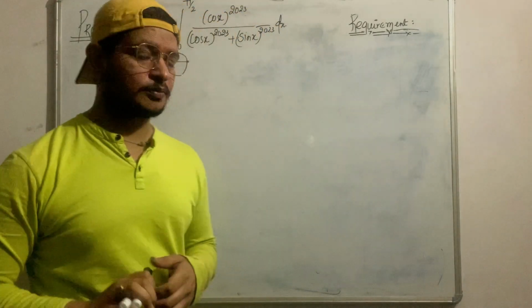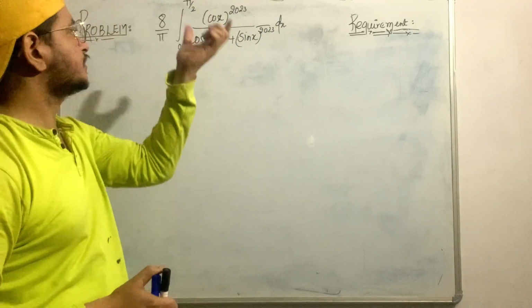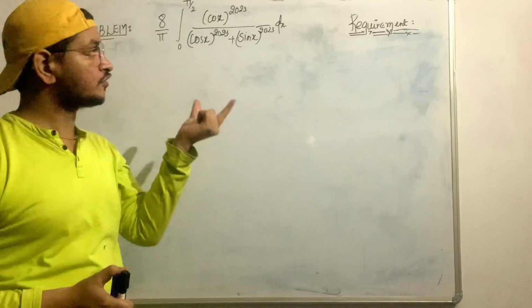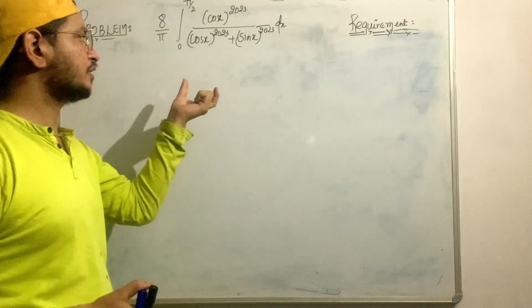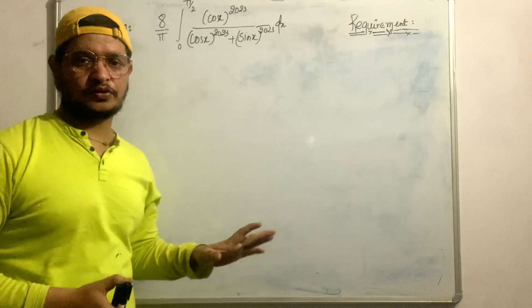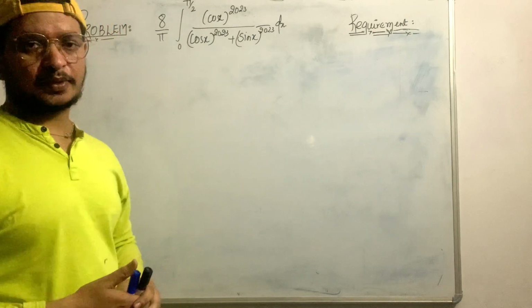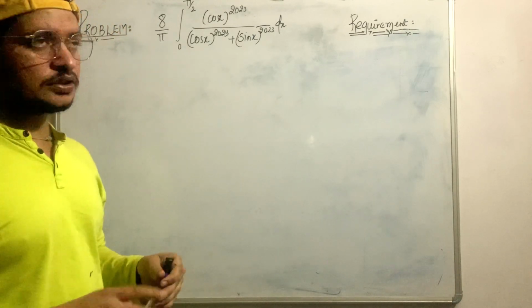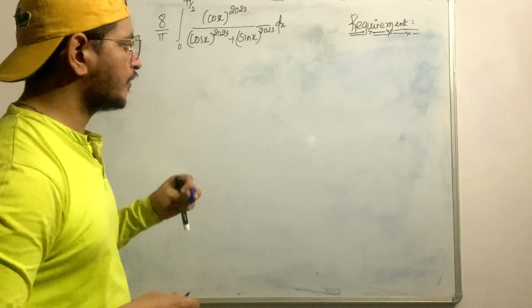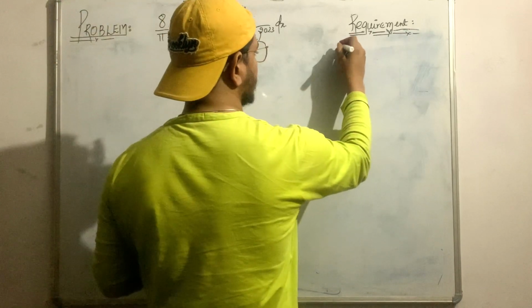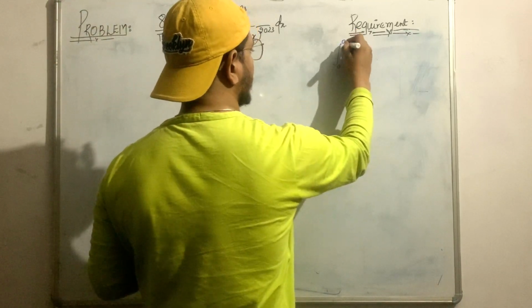If you can see this problem, the question is given as: integrate cos x to the power 2023 upon cos x to the power 2023 plus sin x to the power 2023. So the first requirement is, if I have the integration from 0 to a of f of x dx,